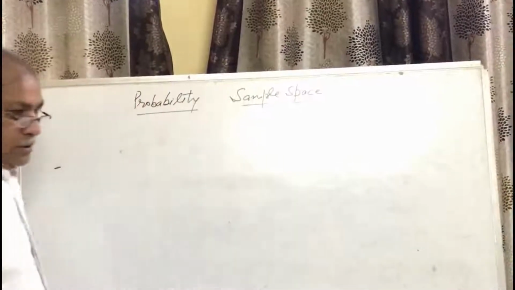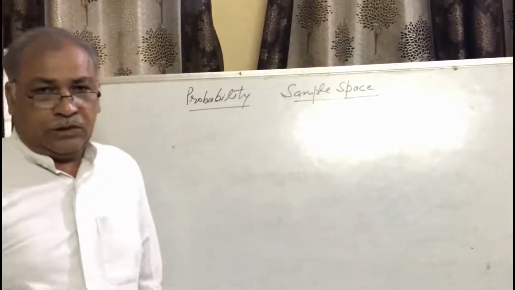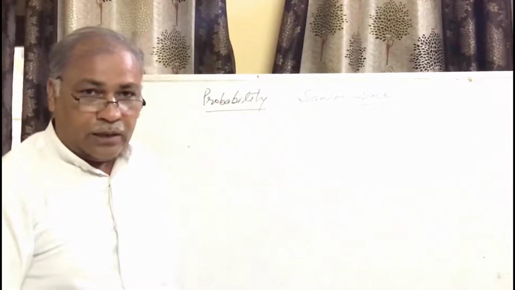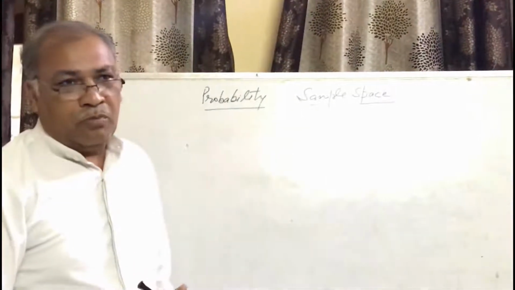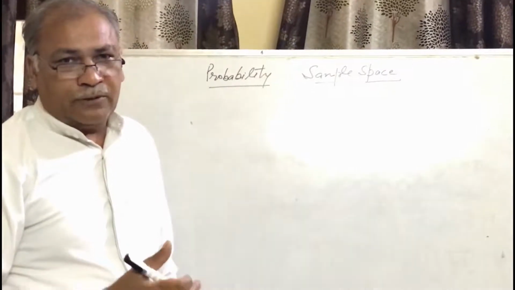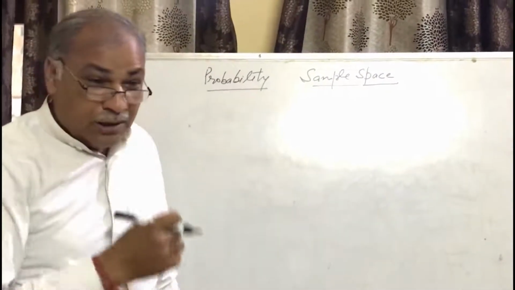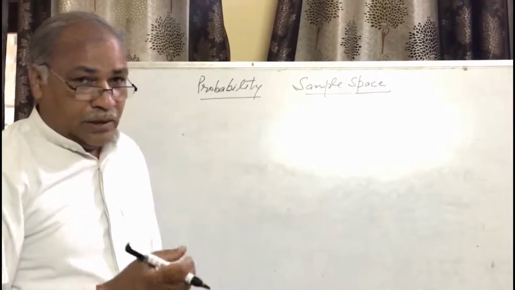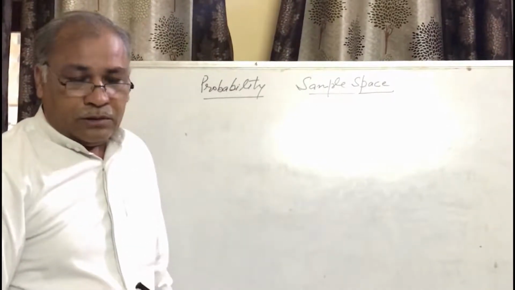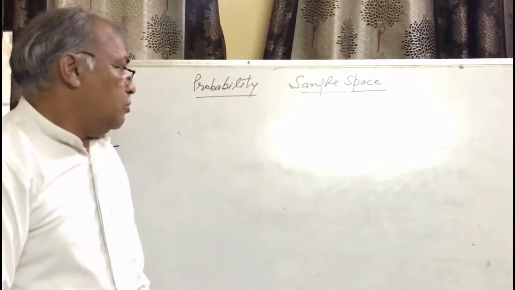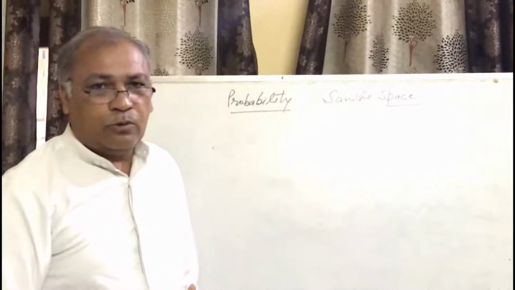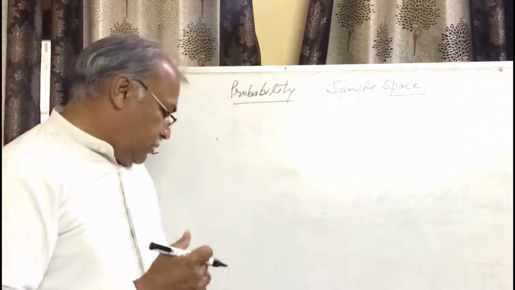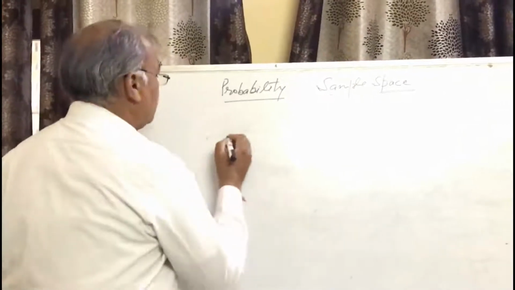As we are nowadays staying at home playing with Ludo and all other games and using the die, I think more than 60 or 70% of students are using the die, and this has 6 faces. On the first face 1 is written, second 2, 3, 4, 5, 6. When we toss the die, then the possible outcomes are